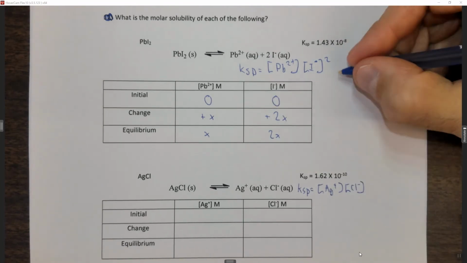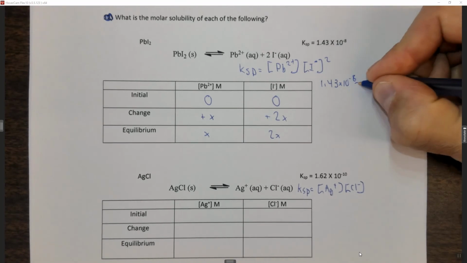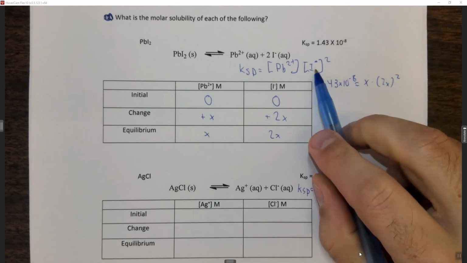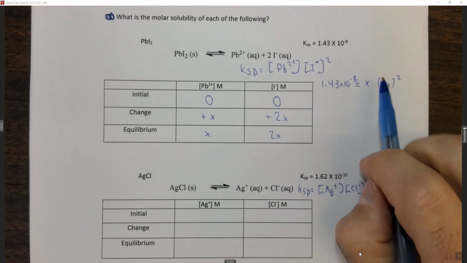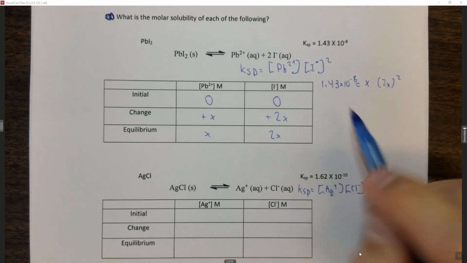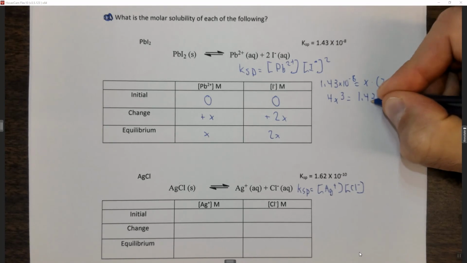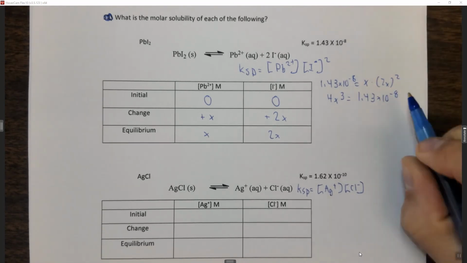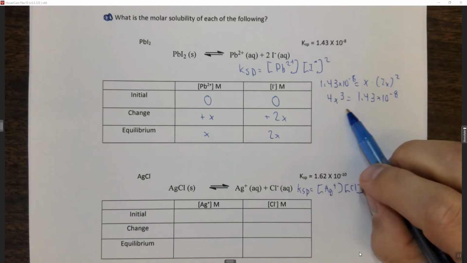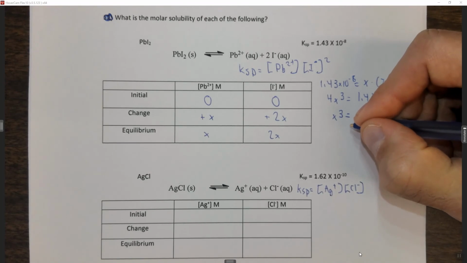So the Ksp, which now we know, is 1.43 times 10 to the minus 8, equals x times 2x squared, because I- is squared. When you do the 2x squared, you get 4x squared. And at the end of the day, what you find is that 4x cubed equals 1.43 times 10 to the minus 8. Again, that's because 2x all squared is 4x squared, and you multiply by another x, you get 4x cubed. Divide both sides by 4, and you get that x cubed is equal to